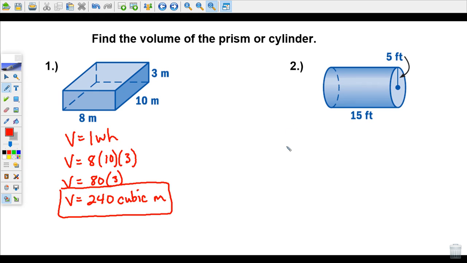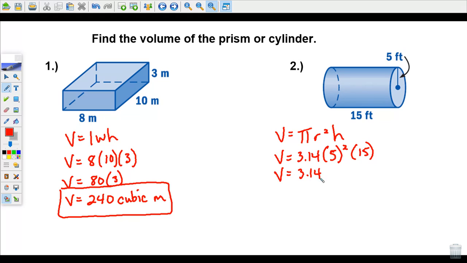For number 2, we have a cylinder. So the volume is going to be pi times radius squared times height. We're going to use 3.14 for pi. The radius in this problem is 5. So we're going to plug in 5 for r, and that is squared. And then the height is the distance from one base to the other. That's this 15. We have to evaluate the exponent first. 5 squared is 25